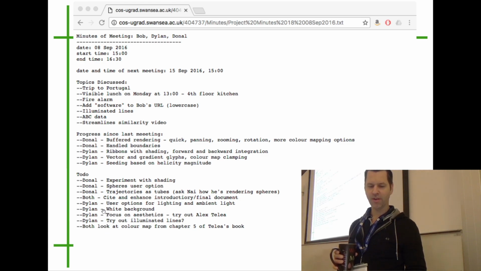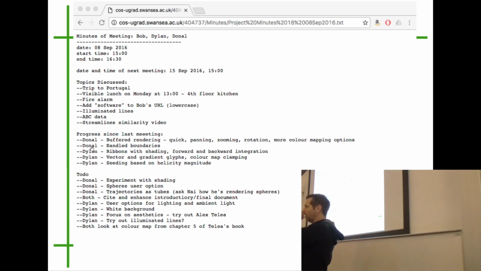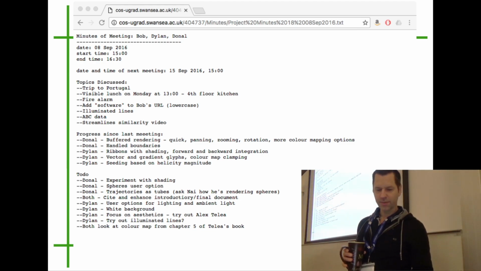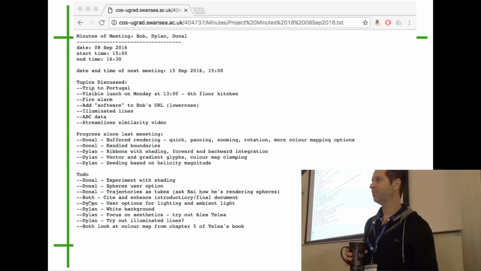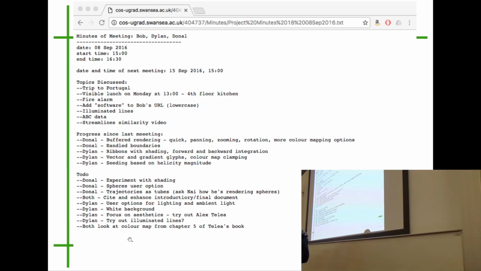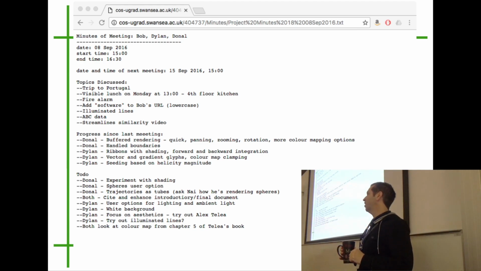Every piece of progress has a name next to it, like who made that progress, and who has what to do. Every to-do item has a name next to it. So you know, okay, this person has to do this. Any questions or comments about this so far? Is it very easy and very simple?